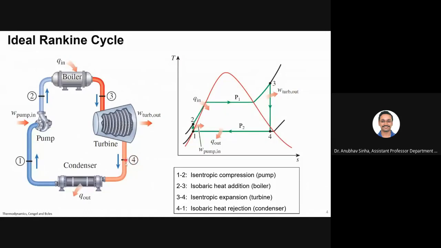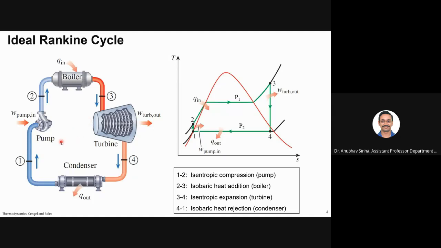So this is the third stage, and once it passes through the turbine, it comes at fourth stage, which is a mixture of liquid and vapor. Now this mixture passes through a condenser. So the job of the condenser is that it takes the heat out, okay, and it again makes it liquid at point 1, which will be again fed through the pump, and hence the cycle continues. So this is the basic idea for a Rankine cycle.